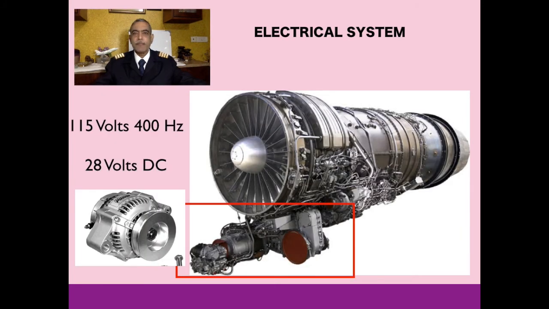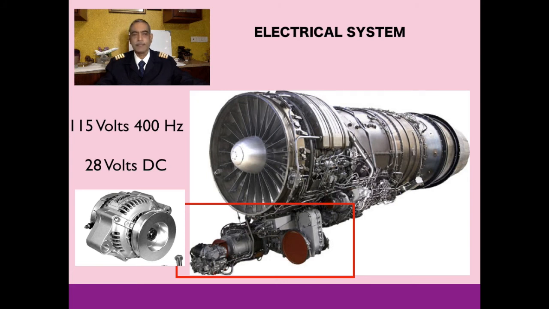Let's go on further. Now the engines are operating and rotating at very high RPMs, and there is something called the accessory gearbox which is attached to the engine, to which several services are driven. One of them is the engine driven generator or alternator. I have shown it in the picture so that you all can get an idea, and I have also shown a picture of an aircraft generator, so you will get a reasonable idea how generators are